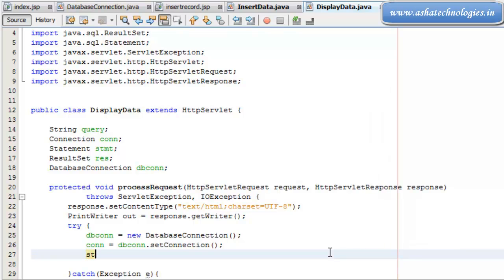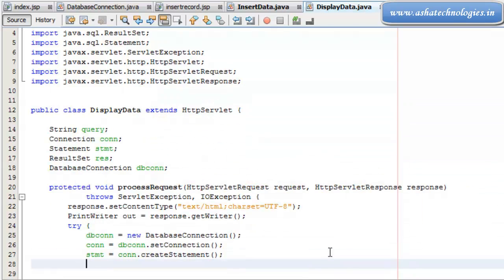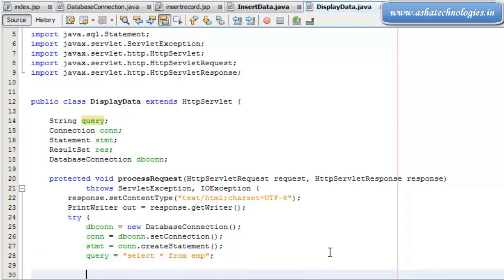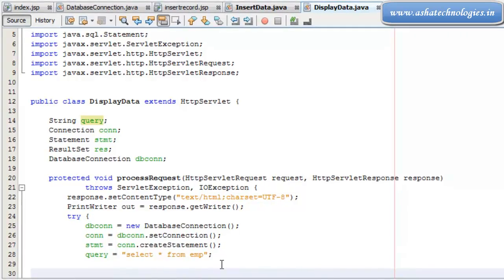Statement stmt equals to connection dot create statement, and then the query equals to select star from emp. So this is my query right now, with which I am going to select the record from